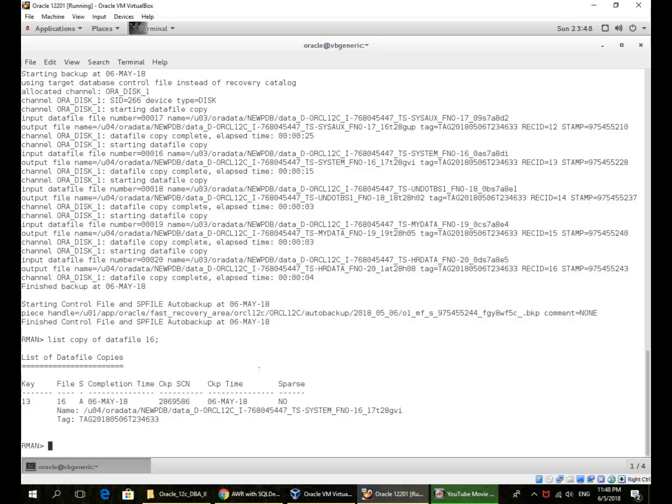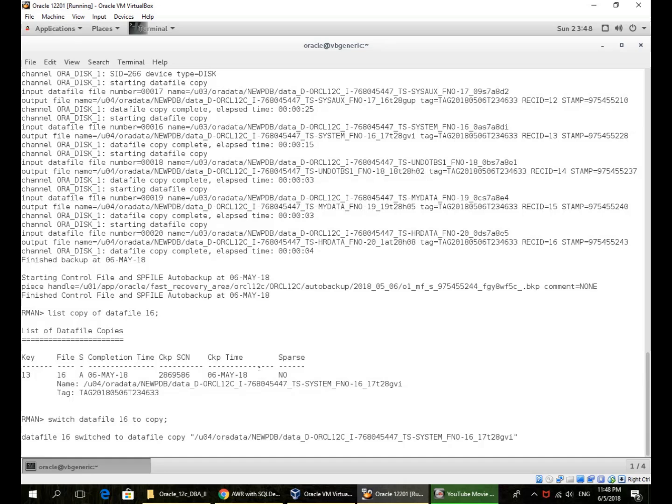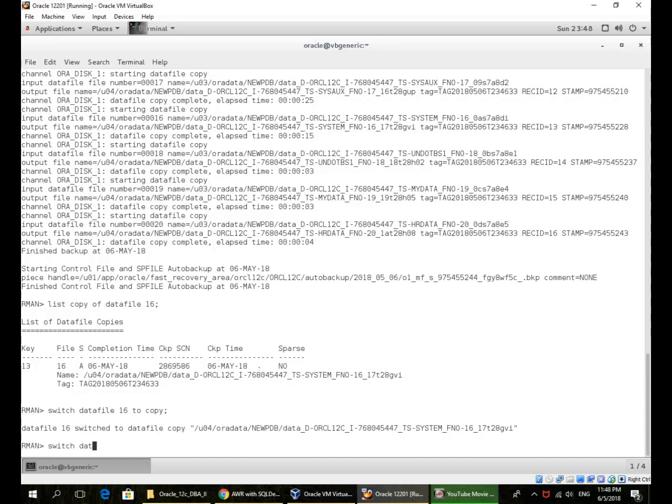So I can now issue a switch command. Of course, I could have scripted all this instead of running them sequentially one by one. I could have put all these commands into a script, backup as copy, and switch data files 16 to 17, or I could do a